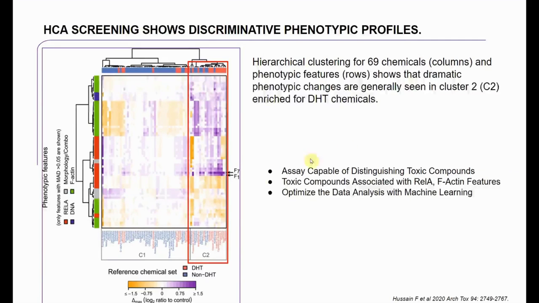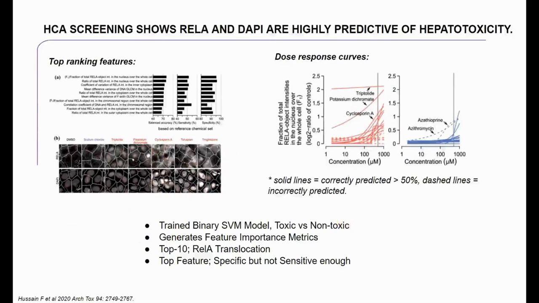So what they decided to do next, now that this gave some confidence that this overall platform could separate the toxic from non-toxic compounds, was to optimize this. And the way that they did this was to use a machine learning approach. The method they used was a support vector machine, and I'm not going to go into all the details about machine learning, but basically it is what's called a supervised method, where you take classes of known toxic and non-toxic compounds,